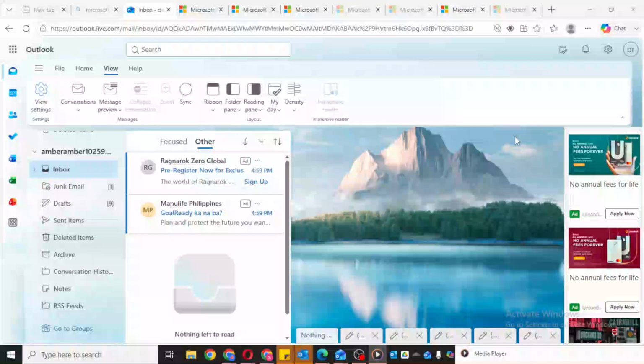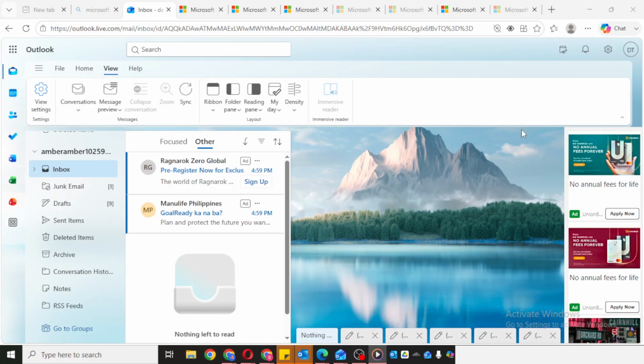In today's video, I'm going to teach you how to undo sent emails in Outlook Web. If you've ever sent an email too quickly and immediately noticed a mistake, Outlook Web has a helpful feature that can give you a short window to cancel that message before it fully goes through. In this tutorial, I'll walk you through exactly where to find that setting and how to turn it on so you can use the undo option whenever you need it.